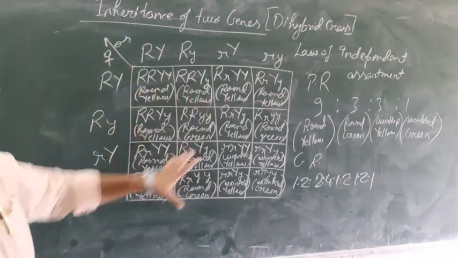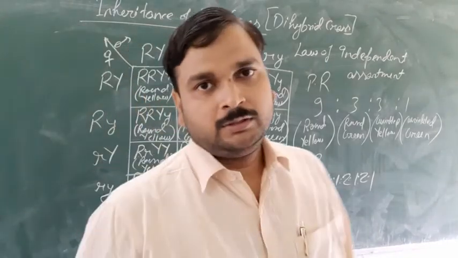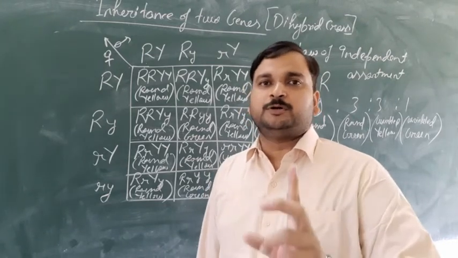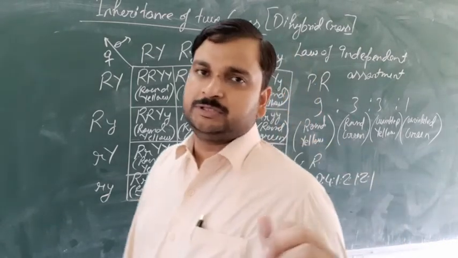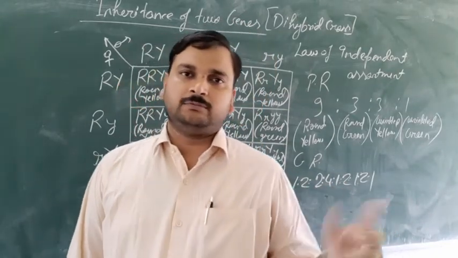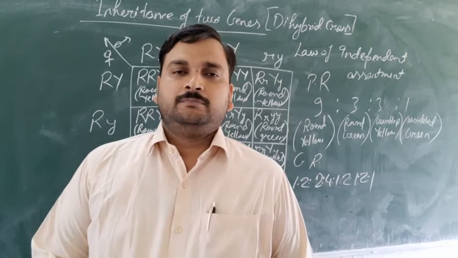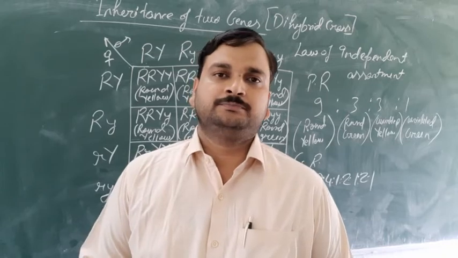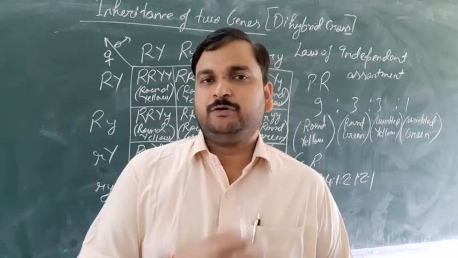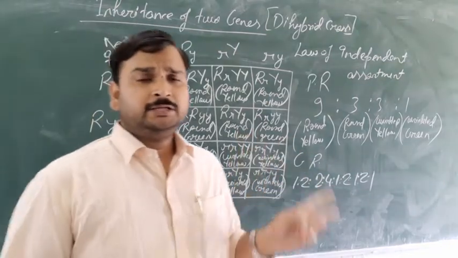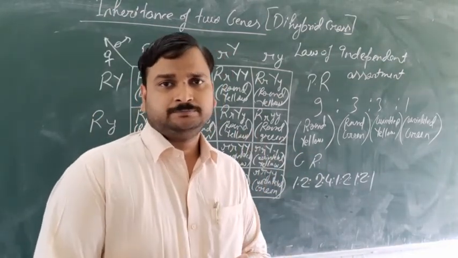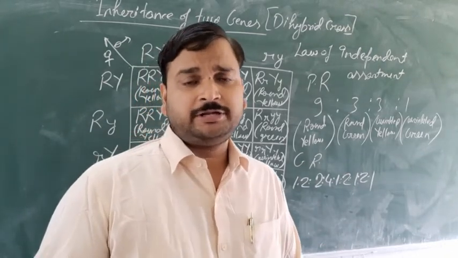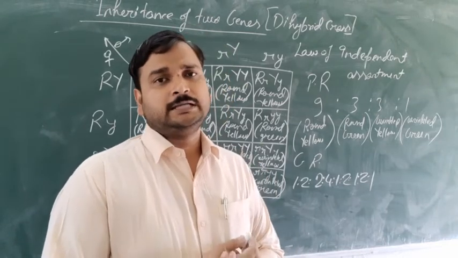But if you see in this phenotype, you will find a difference. In the case of monohybrid, you see only two possibilities were there, meaning the phenotype was from the parents only. Means there was no hybrid formation. Either the plant was tall or dwarf. But what happened when Mendel took two contrasting pairs in a dihybrid? He found that the segregation of one pair of trait was independent of the other pair of trait.